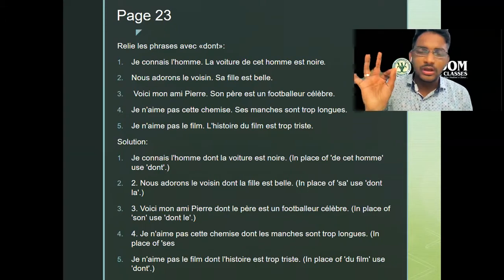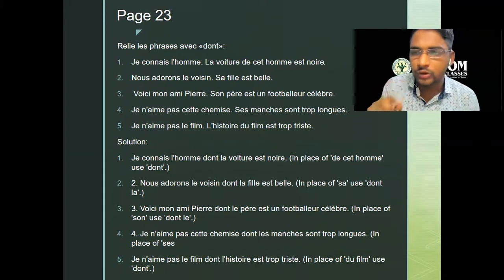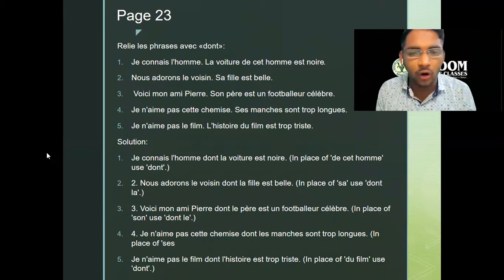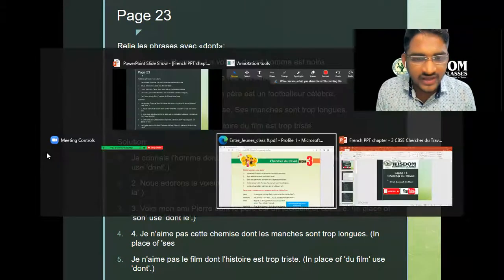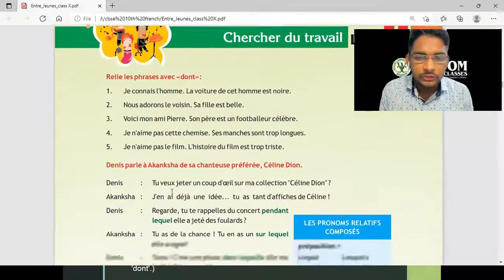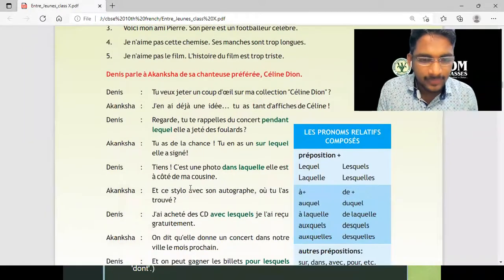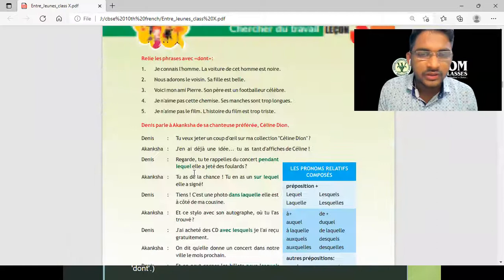और ये एक्सरसाइज के अंदर तो स्पेसिफिकली बोला था that you have to make sure that you have to connect the two sentences with the help of dont. Now let's move forward students, we have next exercise. No, there is no next exercise now, थोड़ी देर के बाद आएगी। चलो अब हमें कुछ रीड करना है इस पार्ट को।